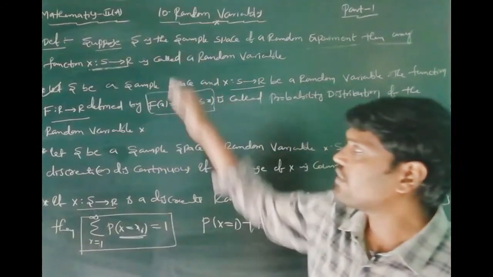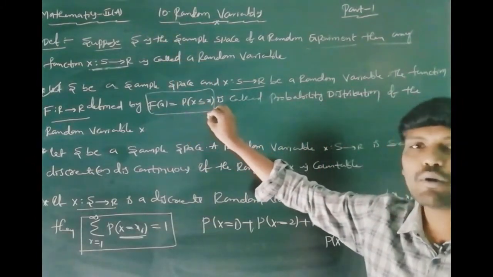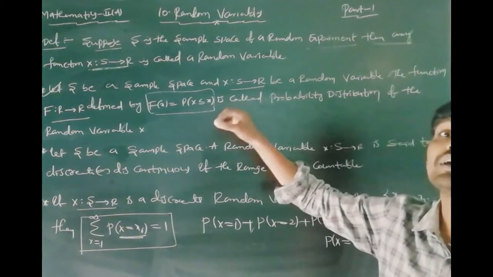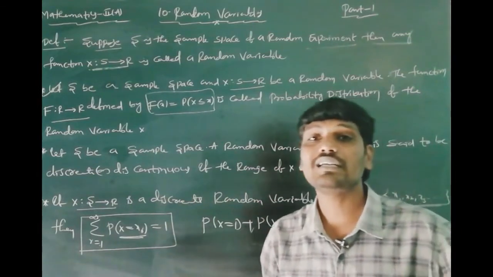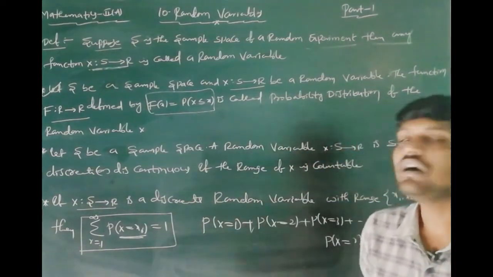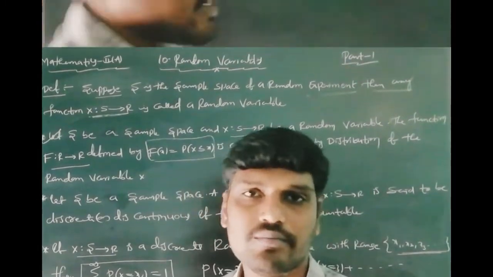These are the definitions. This is the random variable definition. This one is the probability function definition. This one is continuous, discontinuous or discrete. This is the condition: the sum of all probability functions is equal to 1. Next point is